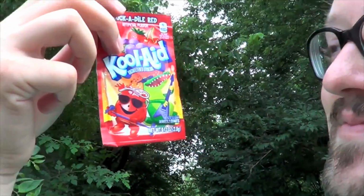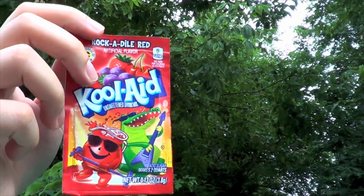Rock-a-dile Red. Yes, he is a crocodile that plays a V-shaped electric guitar, and he shreds, and he's back, baby. Of course, now, these are hard to find. You're not going to find these at just every grocery. In fact, I had to depend on the generosity of Review the World fans on Twitter to send me a couple of these. I was only able to find maybe one on my own. Up next,